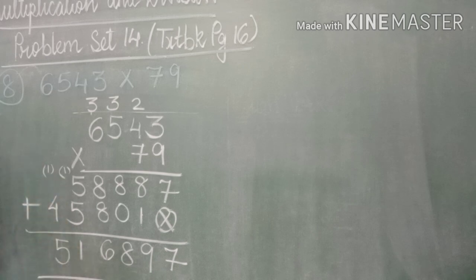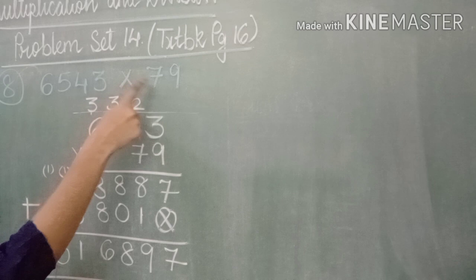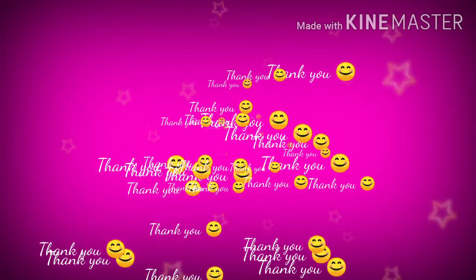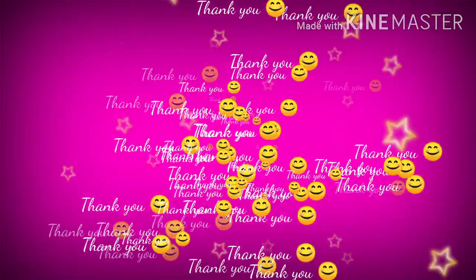So what will be the answer? The answer will be 5,16,897. The final answer is 6,543 into 79. The answer is 5,16,897. So I hope you students have understood, and let's continue with the next half part in the next